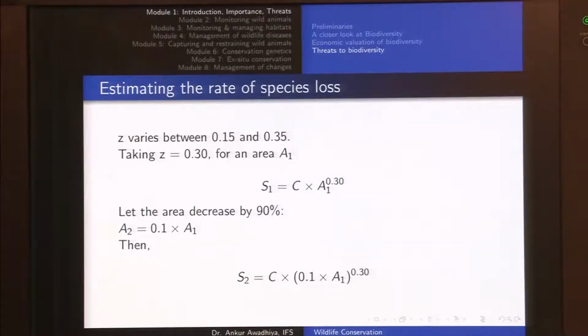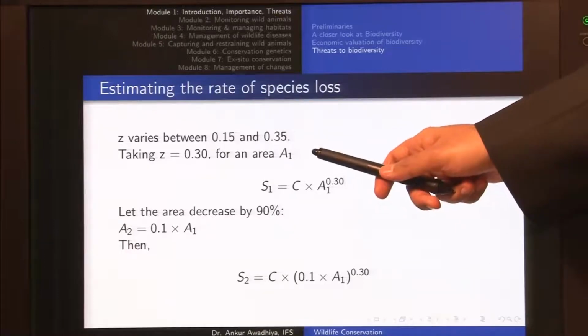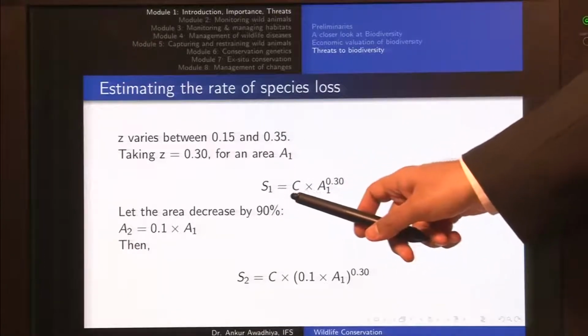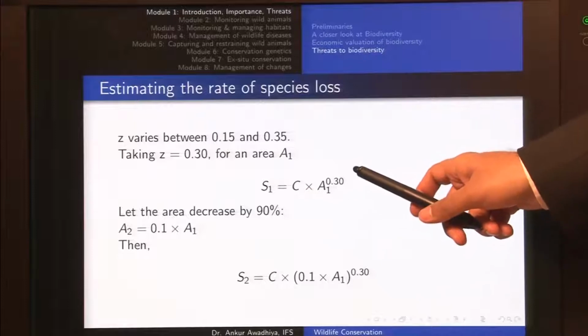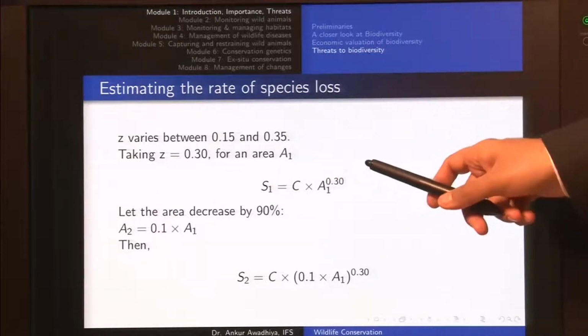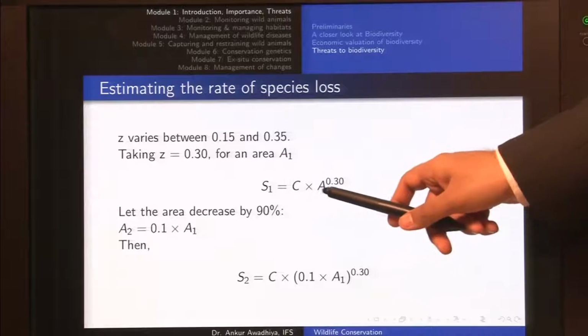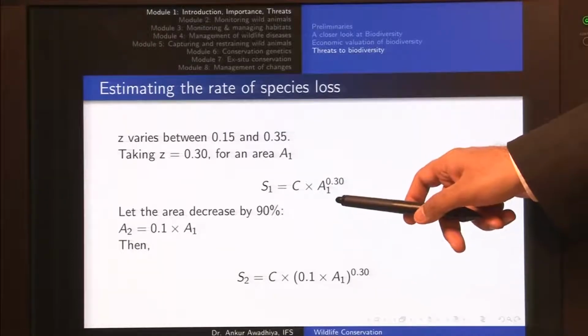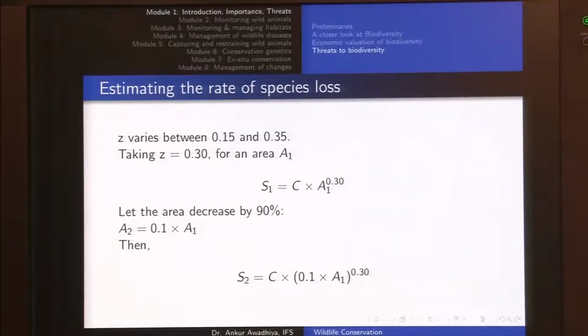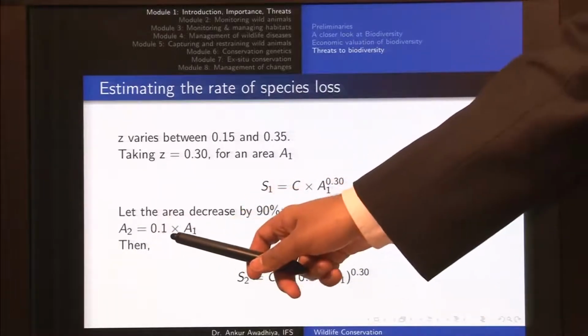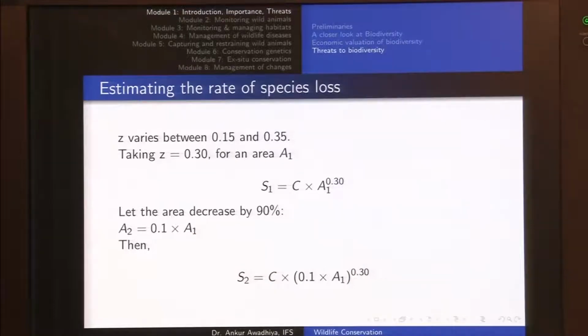So, for this value, if the area of the island is A1, we can write that S1 is equal to C into A1 to the power of 0.30, because Z is 0.30. Now, let us reduce the area of this island by as much as 90%. So, the area of the island has been reduced and only 10% of the area is left. So, we can write it as A2 is equal to 0.1 into A1, only 10% of the area is left,